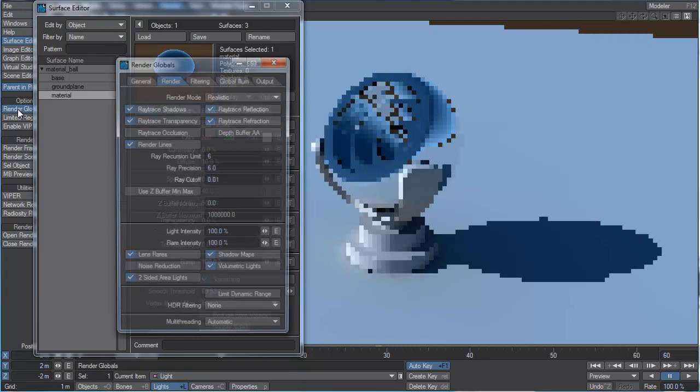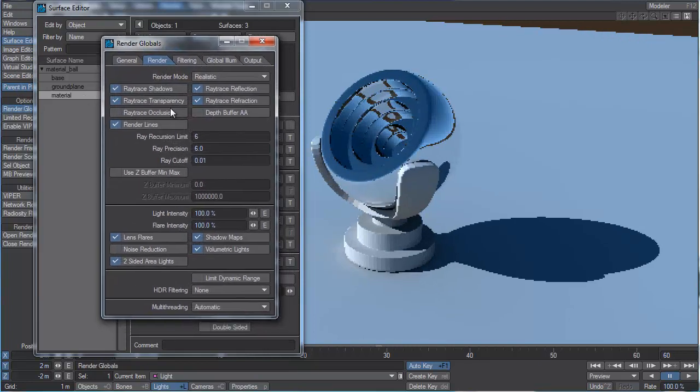If we go to the Render Globals panel, under the Render tab, you can see this ray recursion limit. And watch what happens when we turn it down. I'm going to turn it down to 5. I don't notice much difference yet. 4. Starting to see some items missing in the edges here. If I go down to 3, or let's try 2. Oh, I have to go all the way down to 1 for it to be really obvious that we're starting